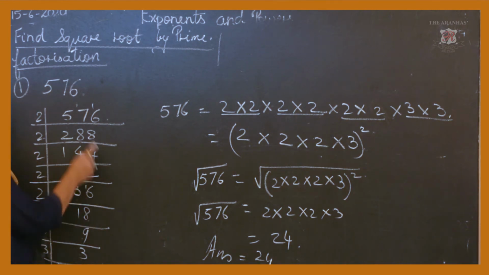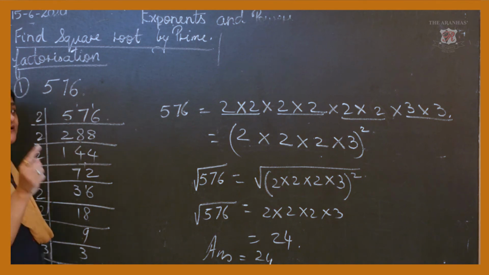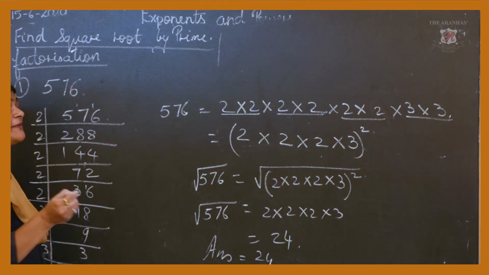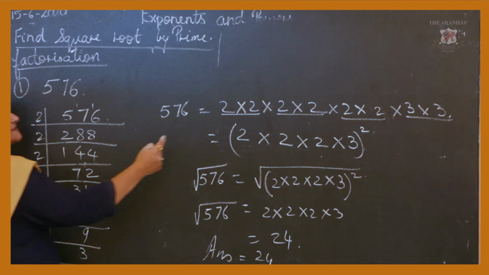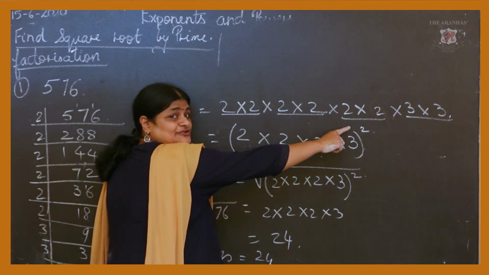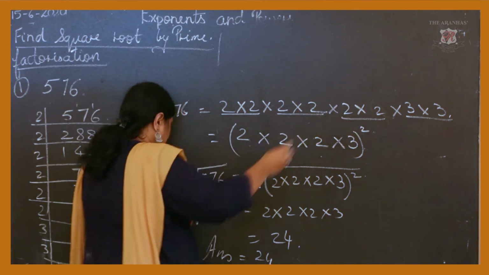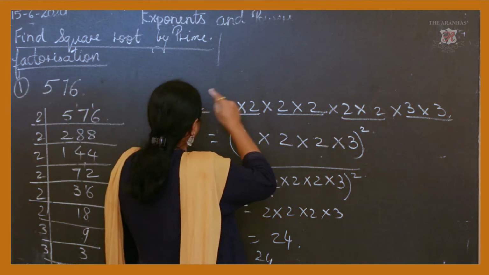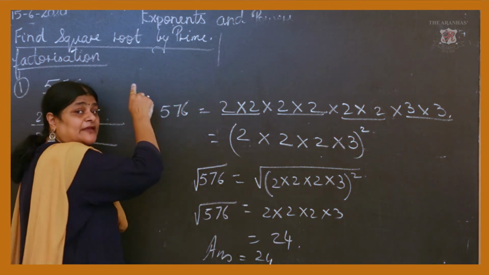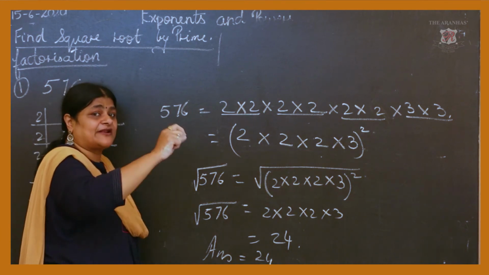Now, 576 is equal to what? You have to do it by prime factors. Okay, so you have got 2 into 2. How many times? 1, 2, 3, 4, 5, 6. So 6 times you are going to write 2 into 2 into 2 into 2 into 2 into 2, and here you have got how many times? 2 times, 3 into 3. Now you have to find out the square root by your prime factorization.